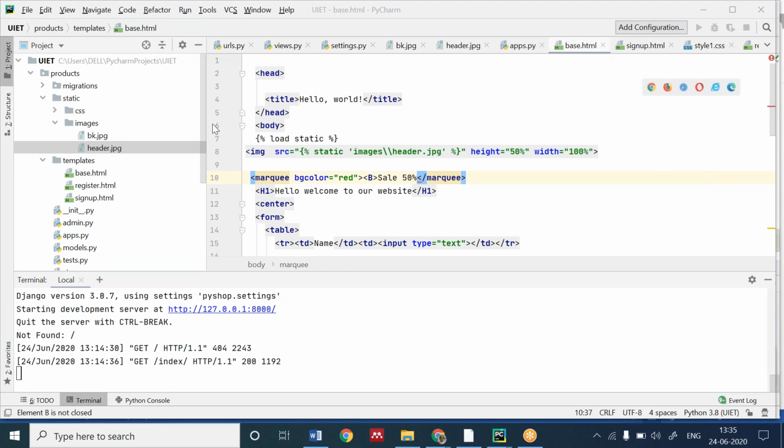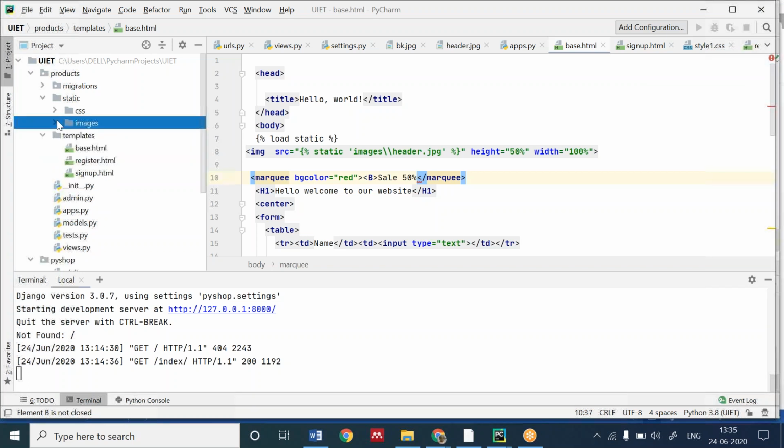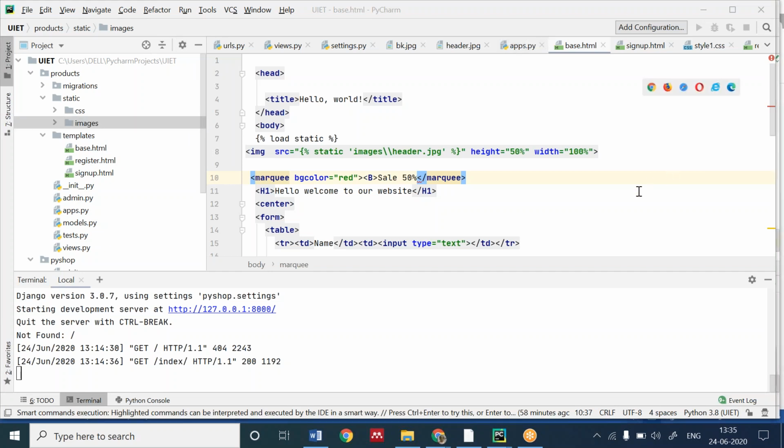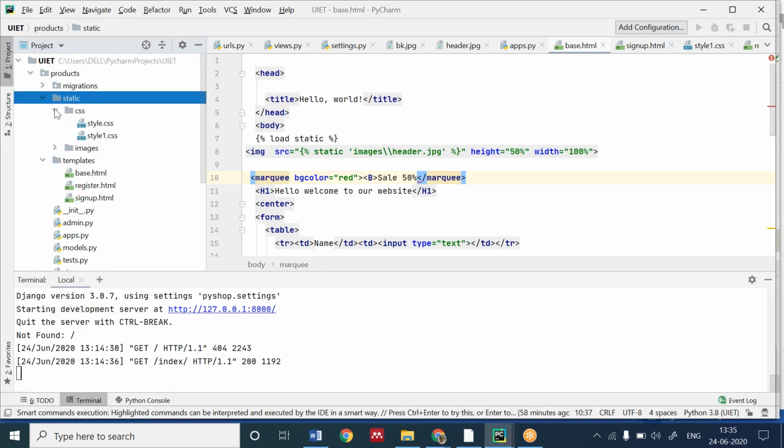Okay. Then moving on further with the last topic, how we can use the CSS. It's very difficult in the class to tell you how we actually make the CSS, so it's better that you copy the CSS code from the internet and make your page very good. How we can do this, I will tell you. In the static folder, you create a folder CSS. Now we are learning about the CSS.